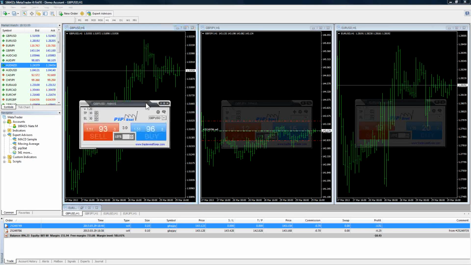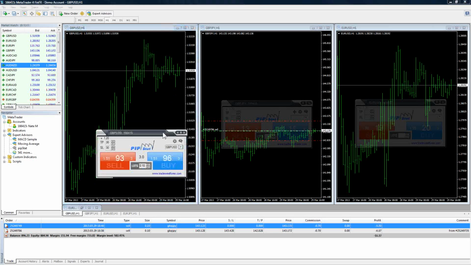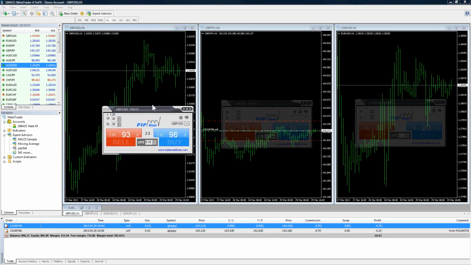It's actually a different tool that I could bring up if you guys are interested, and that is Pip Stat Manager, where you've got lines on the screen that you can go in and double-click and move your stop loss, your take profit, and create your buy and sell limit orders and all that fun stuff.